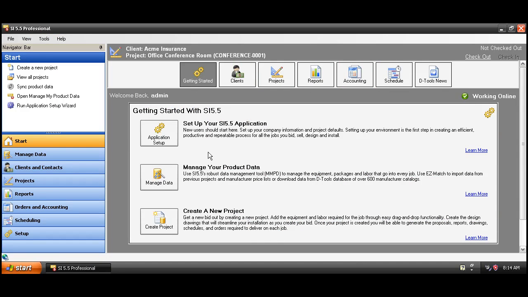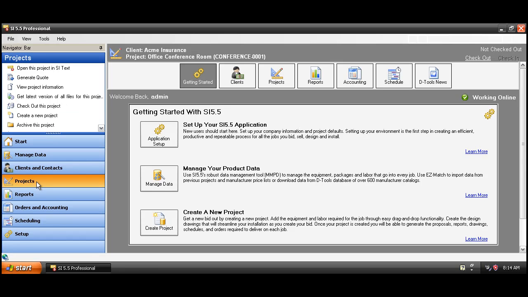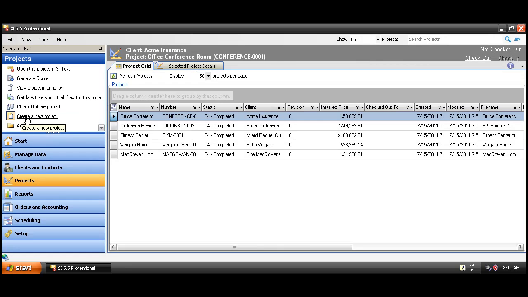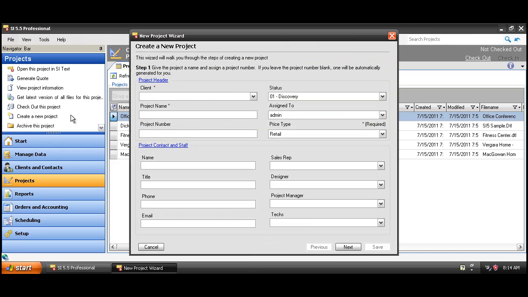To create a project file in SI5, go ahead and click the Projects tab here. And there's a link up here that says Create a New Project. This is going to open up a 10-step new project wizard. Now, there are technically only two required fields at this point, the client name and the project name, but there